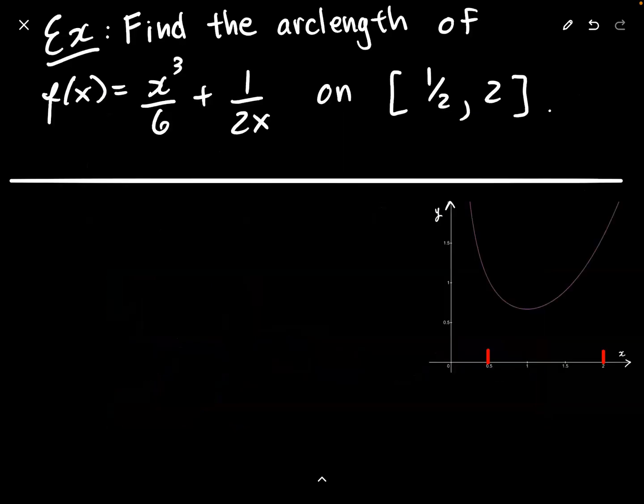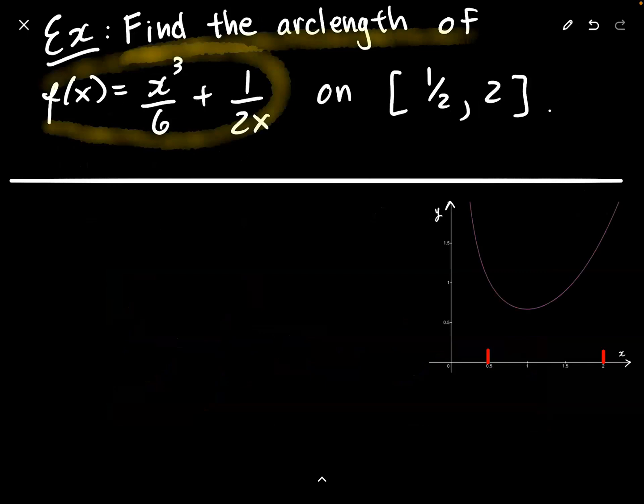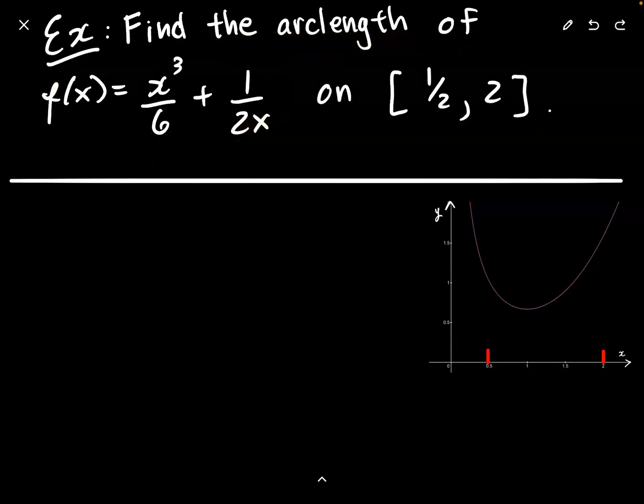In this example, find the arc length of this function on the closed interval 1/2 to 2. So you don't have to graph the function. Here the graph is just given for reference. And we want to find the arc length, so we want to find the length of the function from 1/2 to 2. So I'll rewrite f of x